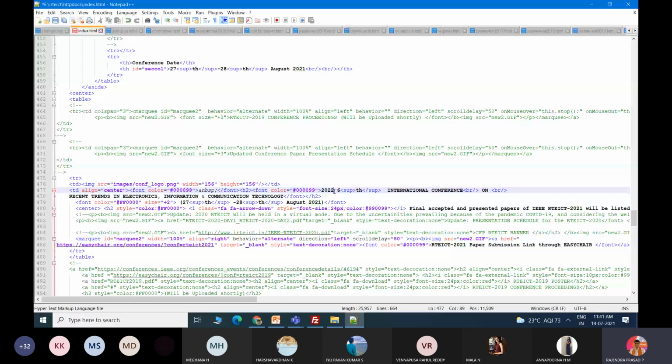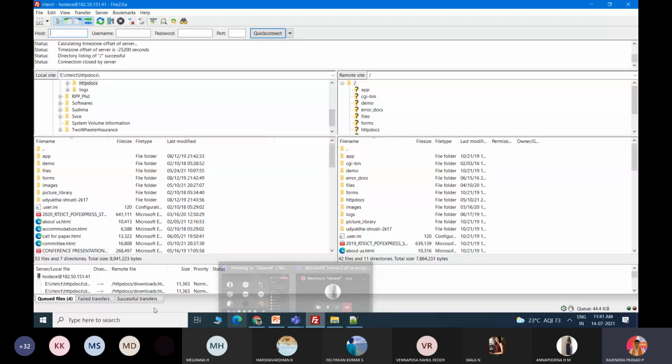And what file is it? Index.html. So I will go here. This file is there in my drive. So I will go to HTTP, right? I will select where I want to copy. Okay. Now here I double click. Okay.